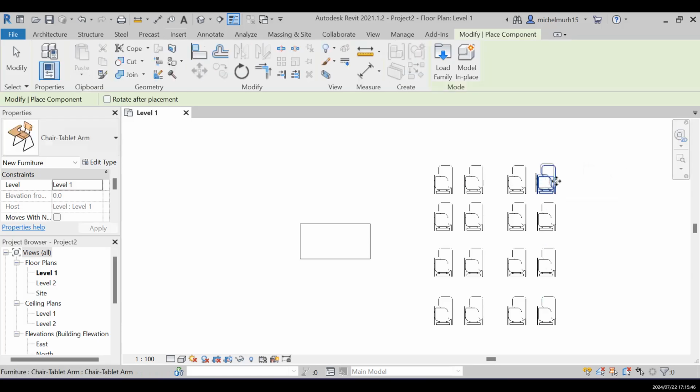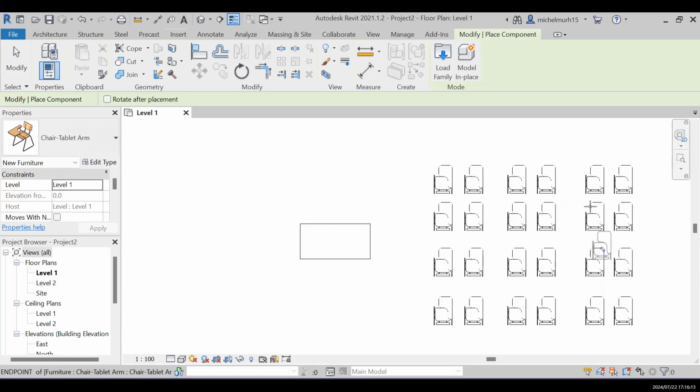I'm gonna do here, and I'm gonna create another passage here, another way here for people to pass through. So I'm gonna click here, click here, click here, click here, and also I'm gonna repeat the same. Gonna give all of the range 2 chairs, right? And I'm gonna press escape here,